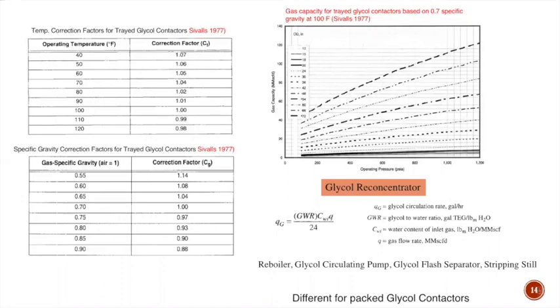Once you obtain the gas capacity which is coming to the contactor, then you have to go to the chart which is shown on the right. On this chart, you have to again see the gas capacity and the operating pressure. And once you see these two factors, you can find out the diameter, right? So you have to go like this at a certain operating pressure, and these two will give you the diameter of the contactor to be used, right?